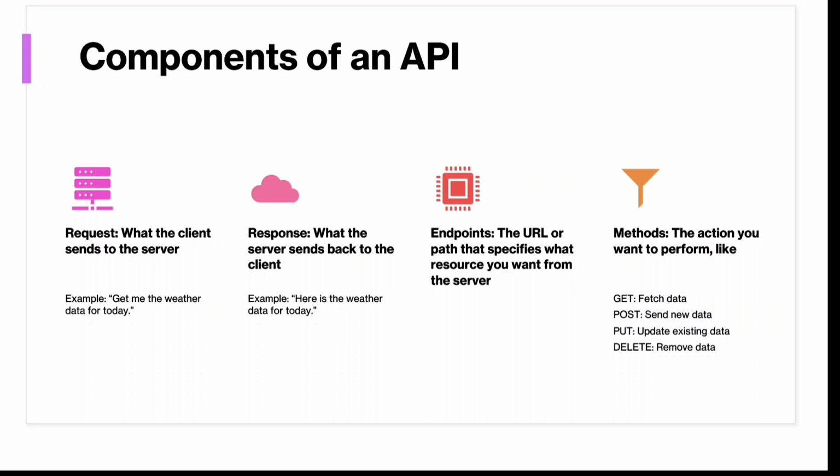Another is methods. We have to perform some kind of action through our request and response. Those actions are CRUD activities: create, read, update and delete the data. So for that we have some methods. In an API we mainly have four types of methods. One is the GET method, through which we can fetch or retrieve the data